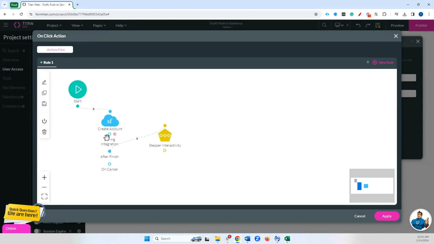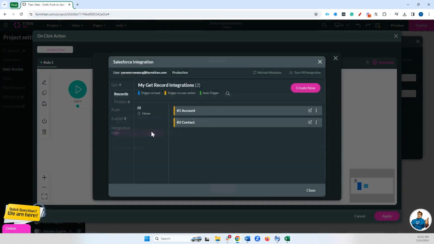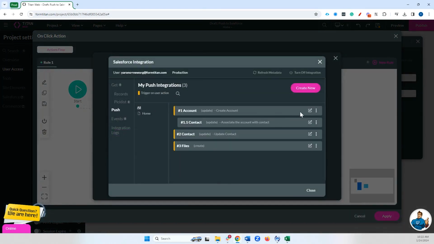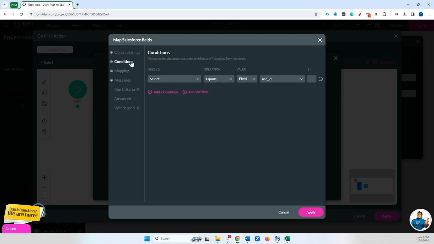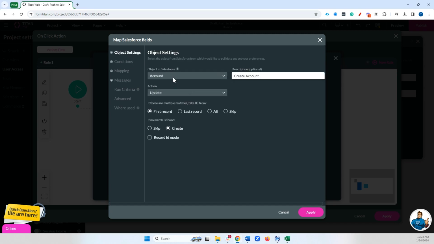I'm running an account push, and let's take a look quickly at this push. It's a simple update where I'm updating my account. Now, this is really an upsert because I'm also allowing for create in the event that I don't have an account, which is very likely, so this will run an update or create based on,